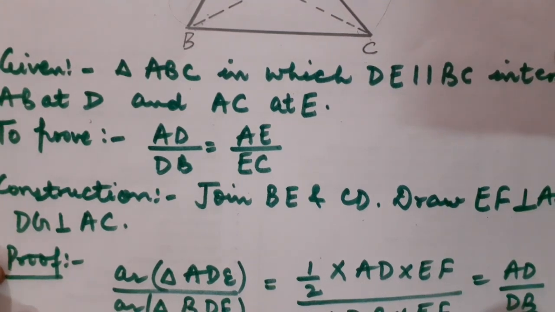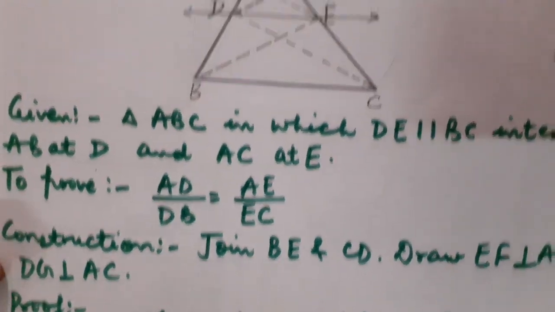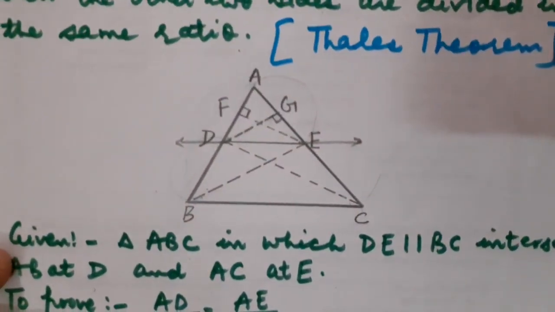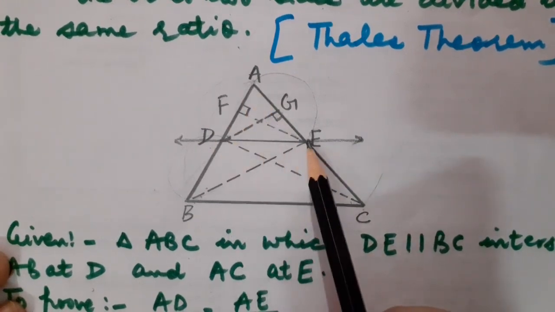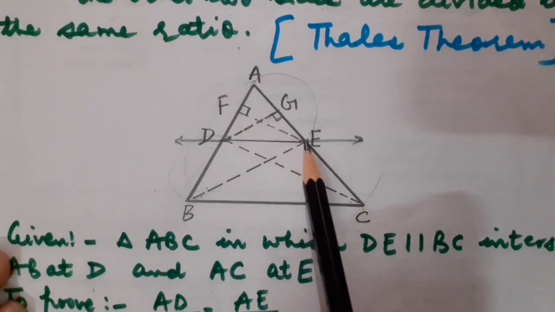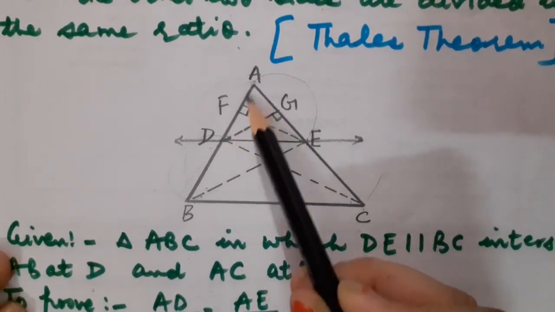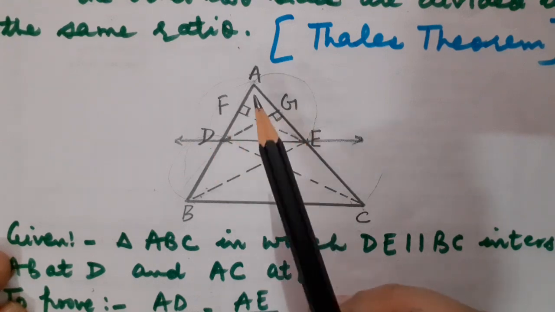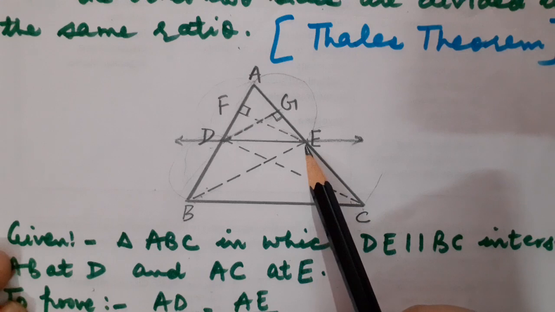Now I am going to apply the concept of finding the area of a triangle when I know the perpendicular as well as the base. What is the formula? That is half into base into height. So have a look, please. I am going to apply area of triangle in this smaller triangle, that is ADE. In case 1, I am going to consider EF as the perpendicular and of course AD will be the base. In case 2, I will consider DG as the perpendicular and AE will be the base.